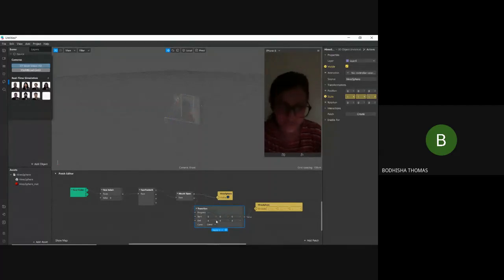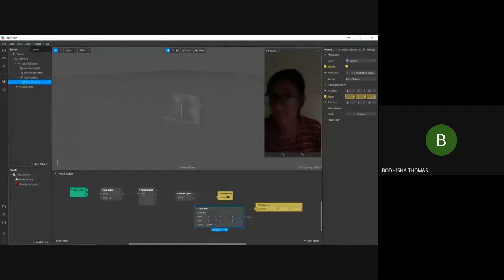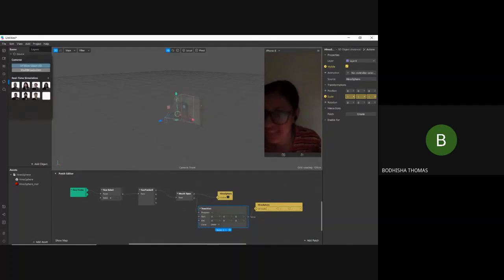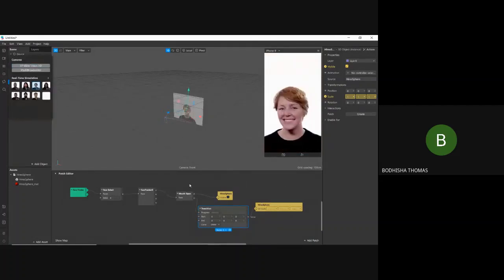You can change the value to 8 times or any that you wish. So it increases. That is it. That is the functionality of this mouth open patch. So this is a basic patch that we have created.